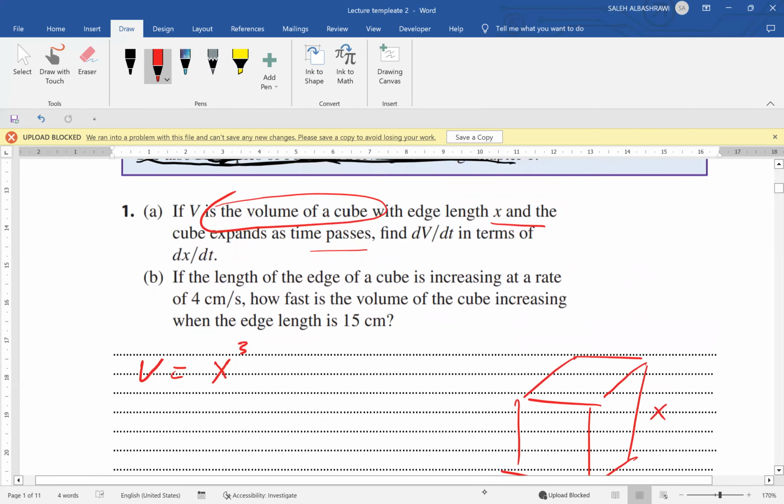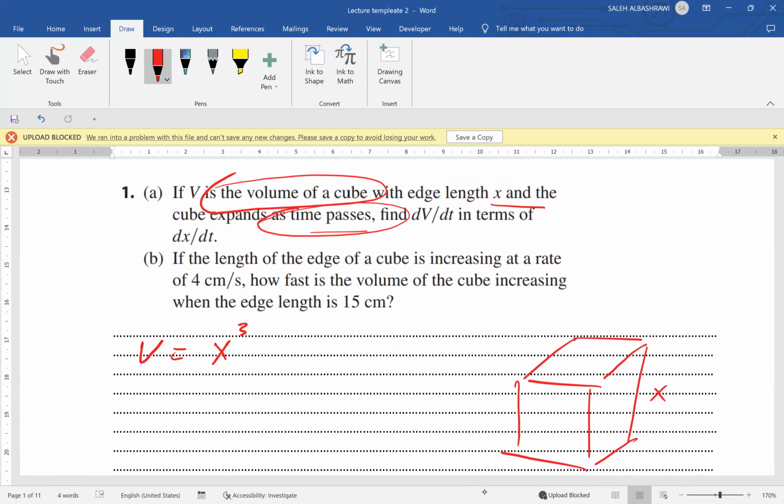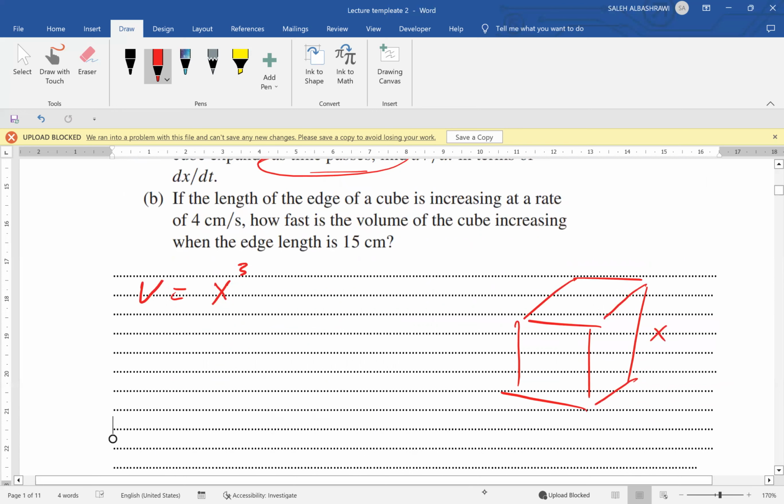And the question said that the cube expands as time passes, which means the volume is increasing. And by default, if the volume is increasing, it means that the size of the cube is also increasing. So both of them are functions of time. Now I need to differentiate this equation with respect to t. So I say dV by dt